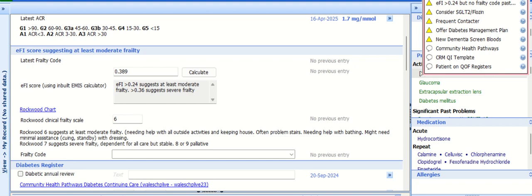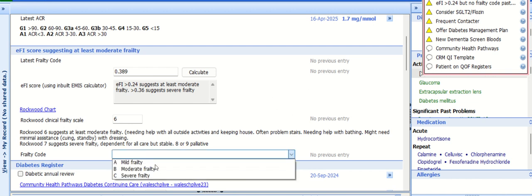So if you imagine, we would say, okay, he's moderately frail. He would need somebody with him to come out of the house. Yeah, he might have problems with stairs. He might need prompting with dressing, but he's very self-managing. He's not in this severely frail, completely dependent category. So it's where I might say, okay, I disagree with the EFI. I'm going to say he's moderately frail.